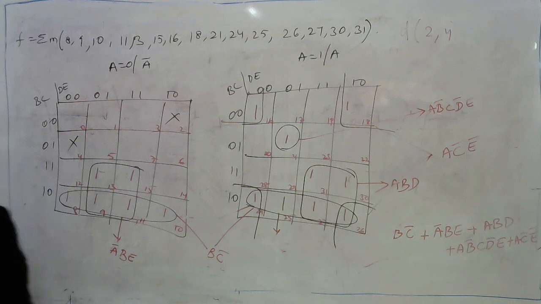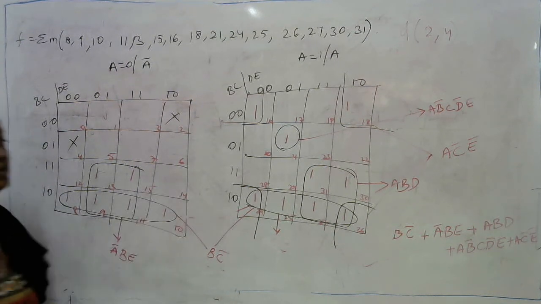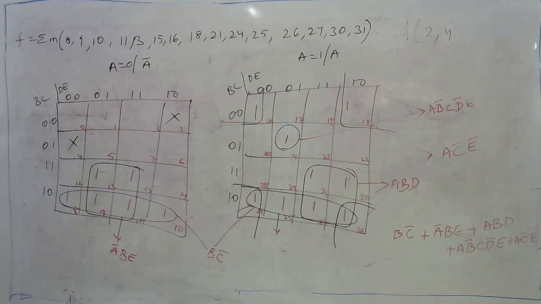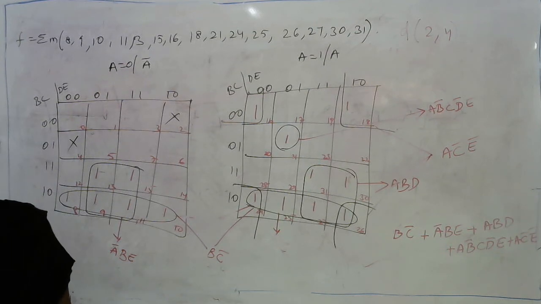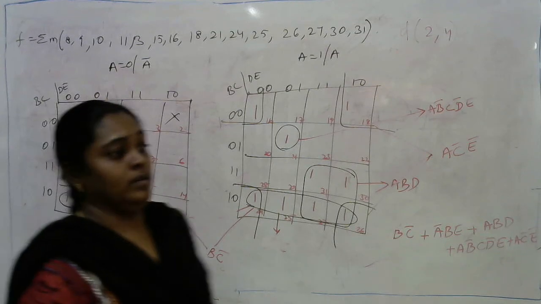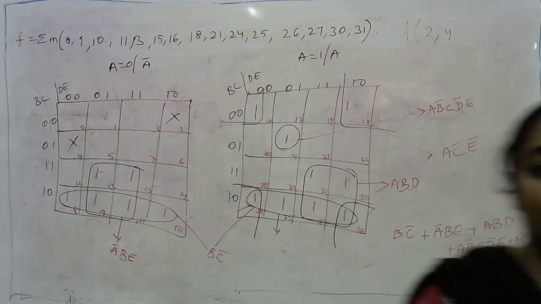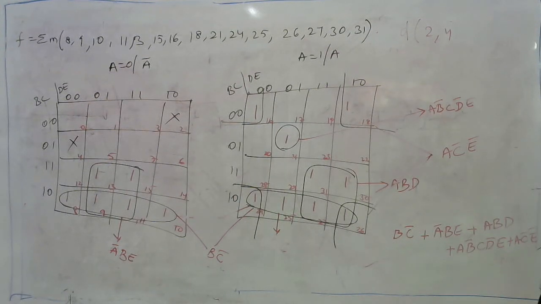So this is how to draw the 5 variable K map and how to minimize. The only thing in case of a 5 variable is to draw two separate 4 variable K maps and write down separately. If both are present at the same positions, then only the most significant bit variable is going to be cancelled out, or else you need to write down the same thing. This is all about the simplification of Boolean expressions using the K maps of 2 variable, 3 variable, 4 variable, 5 variable along with SOP as well as POS. Thank you.